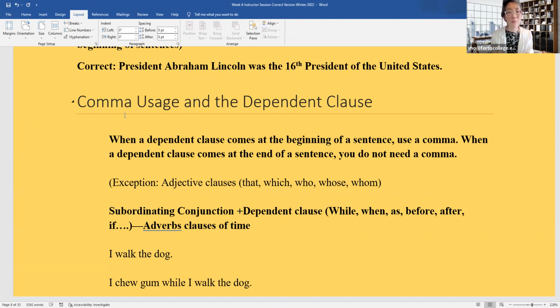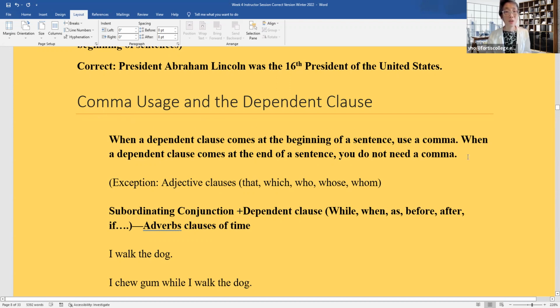So when that incomplete sentence comes at the beginning of a sentence, it needs a comma. And so here you would say, when John goes to the store, comma, he always takes his wallet and keys. And these days he's got to take his mask. So when John goes to the store, comma, he has to wear a mask. So that would be,